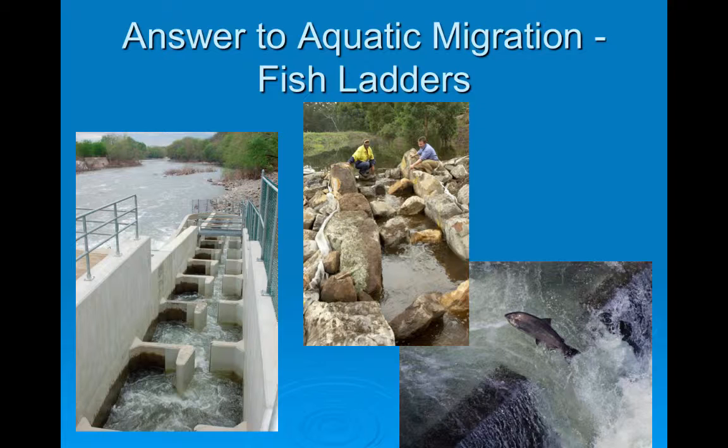Salmon is a great example of this. Then when they're adults, they swim back upstream. They're kind of programmed to go against the current so they can go back to their spawning grounds, lay their eggs, have them fertilized, and then die.